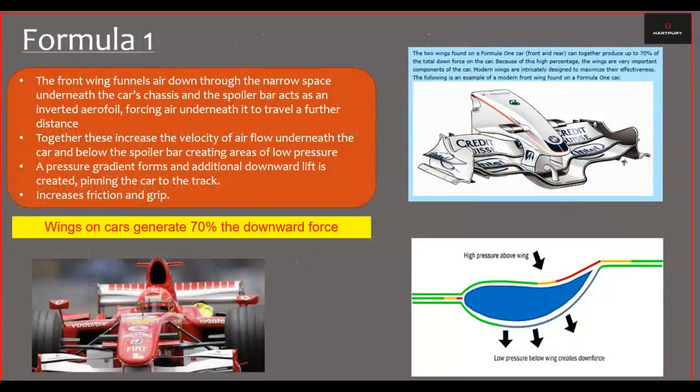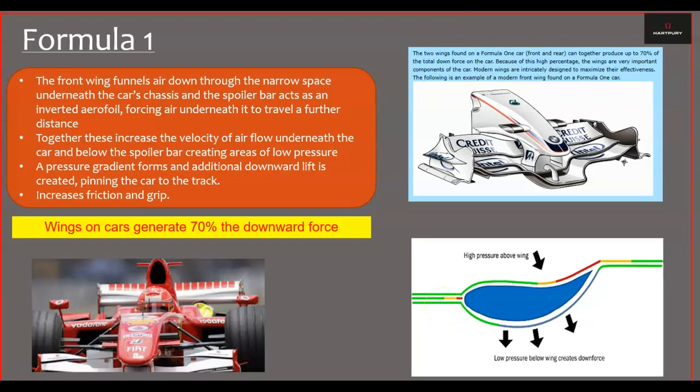So just looking at Formula 1 in more detail, this is how a Formula 1 car is adapted to make use of this airfoil shape. The front wing funnels air down through the narrow space underneath the car's chassis, and the spoiler bar acts as an inverted airfoil, that upside down airfoil shape, forcing the air underneath it to travel a further distance. So we've got a high pressure gradient on the top of the car and a low pressure gradient underneath the car, which creates that downward force. Okay, increasing that friction and grip onto the track, allowing our car to stay on the track as much as possible,